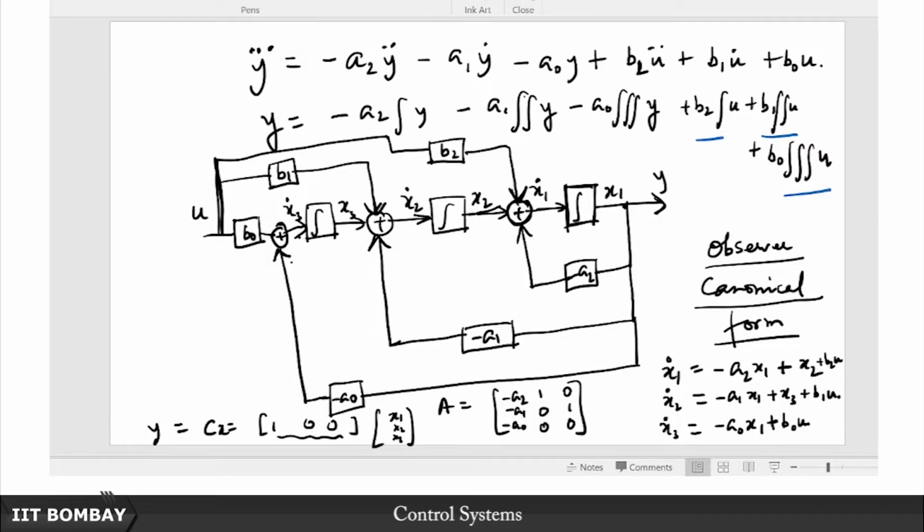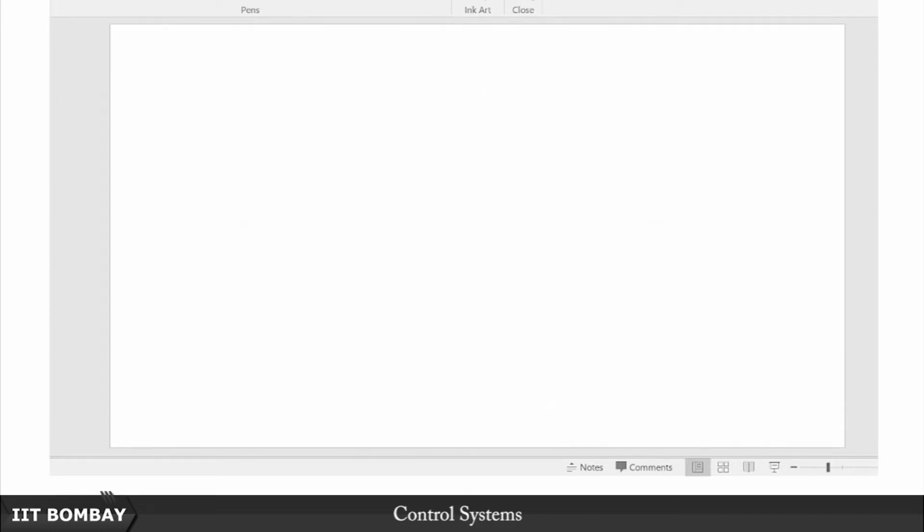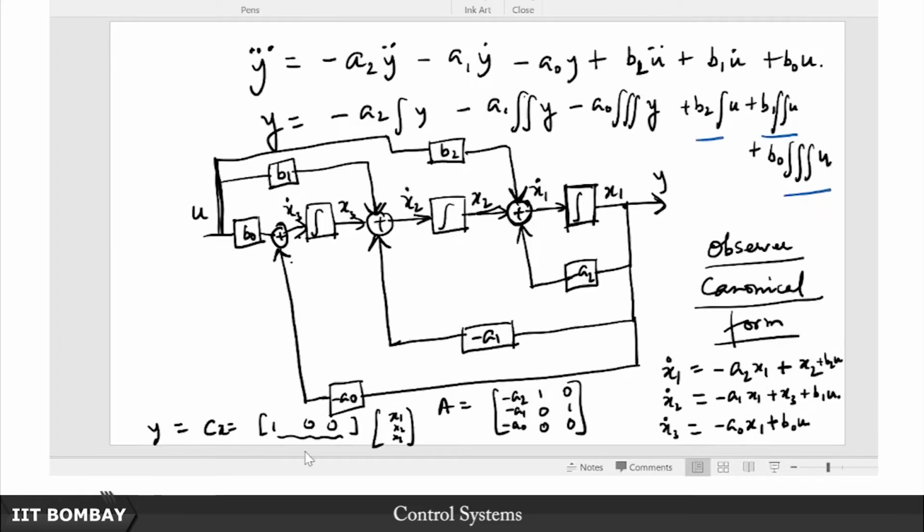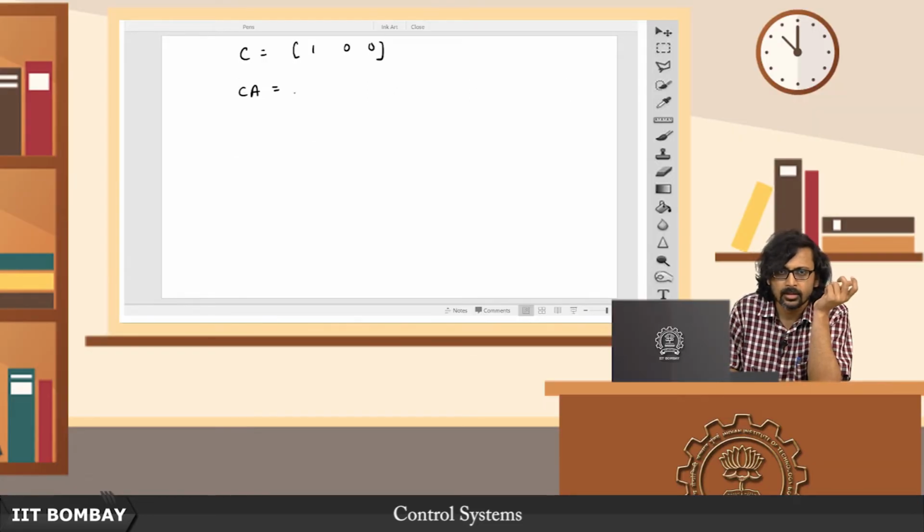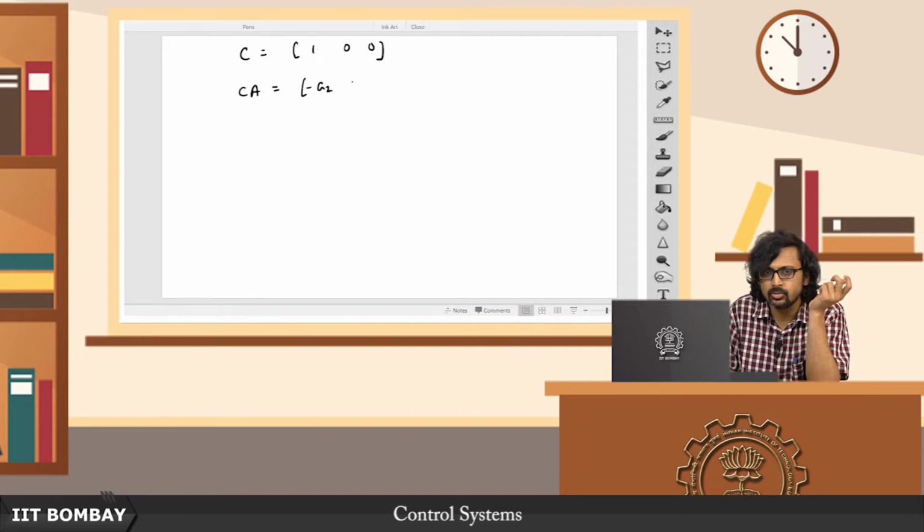So now we are interested in finding out what C, CA, CA squared looks like. So of course C is basically nothing but 1 0 0. Look at CA. What does CA look like? So CA is going to just filter out the first row of this A matrix, that is minus a2 1 0, and then look at CA squared. So that is going to be CA times A,